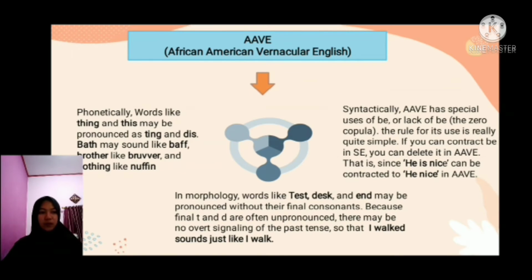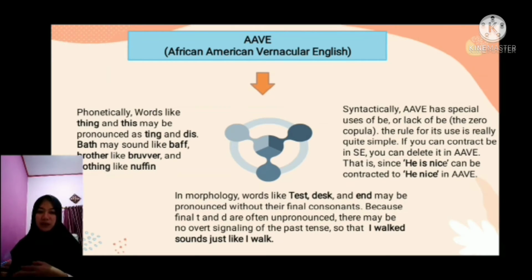If you can contract be in standard English, you can delete it in African American vernacular English. For example, he is nice is the standard English form, and then we can contract it into he nice in